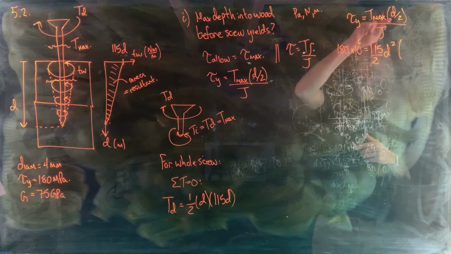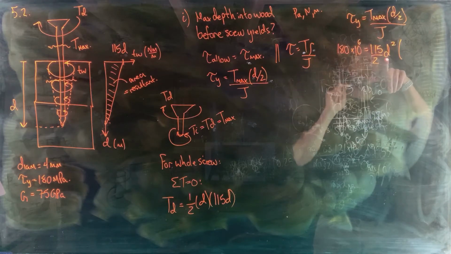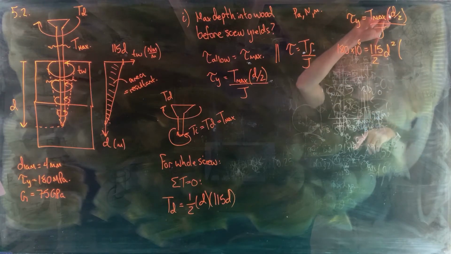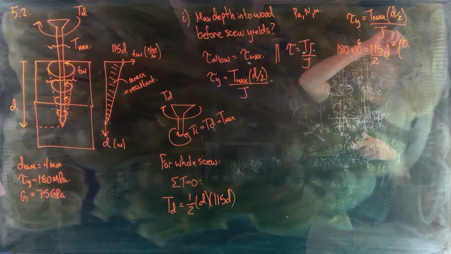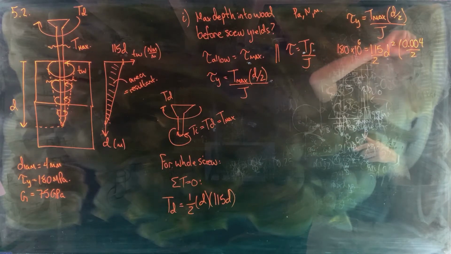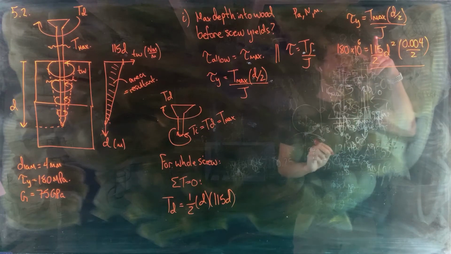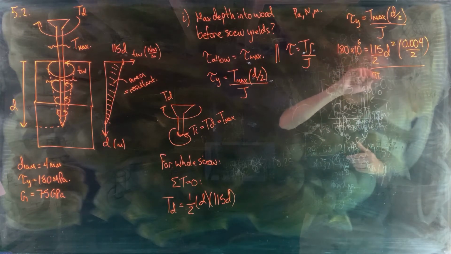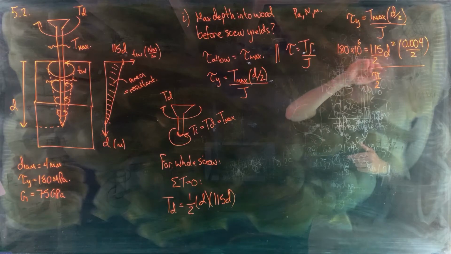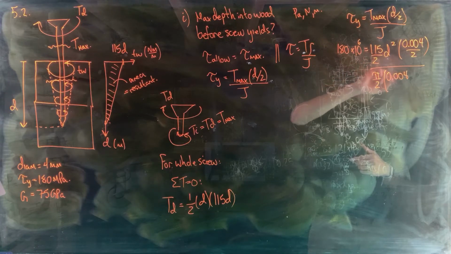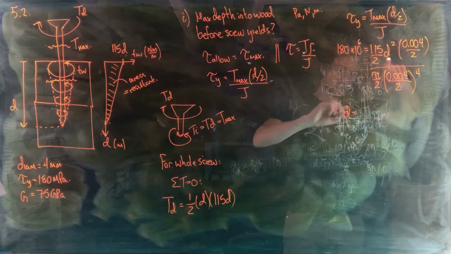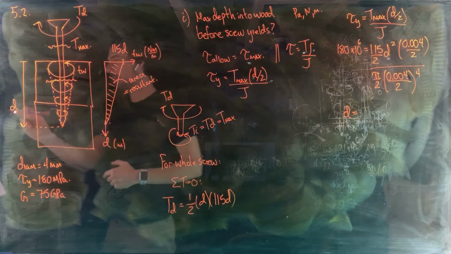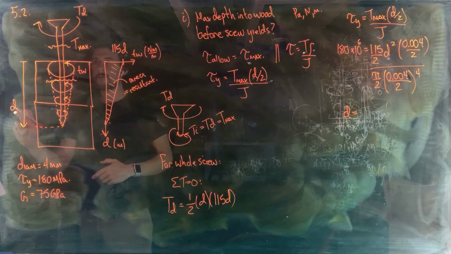D divided by 2. This is a different D than this D here. That D is depth and that D is diameter up there. Our diameter is 4 millimeters, so we want that in meters divided by 2 there. And then J, pi over 2 radius to the 4th power, 4 millimeters divided by 2 to the 4th power. So that gives us D, which is the maximum depth that that screw can be driven into before the screw